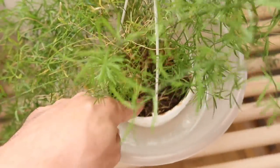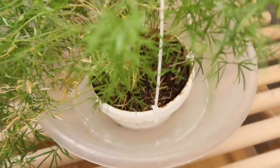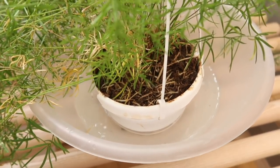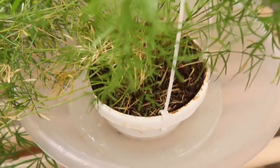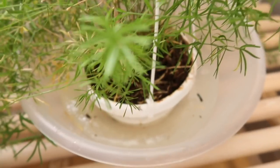I'll sometimes tip some on top as well, just to make sure that that's all soaked, and just leave it for about 15 minutes or so, just to make sure that it's had a chance to take the water. In fact, I'm definitely going to tip some on top too, because it is so dry. And sometimes when the soil's really dry, it doesn't take the water right away, because it is literally dry, it